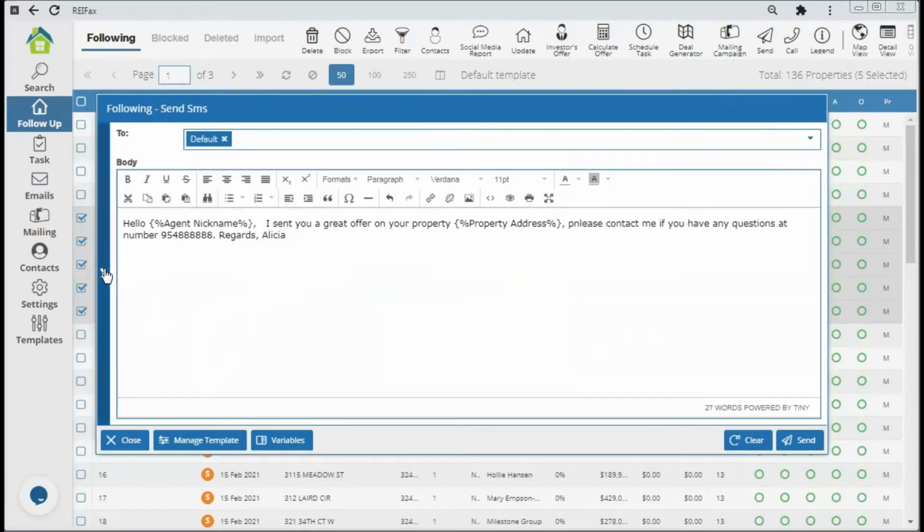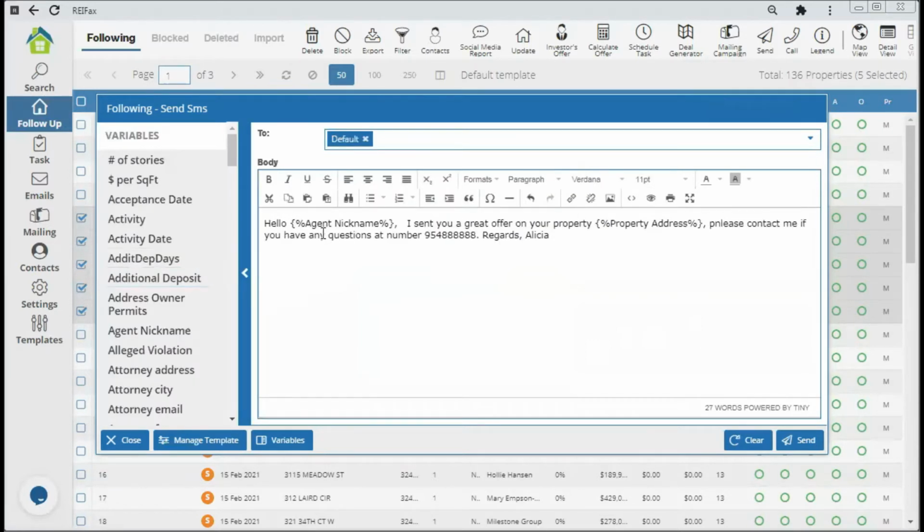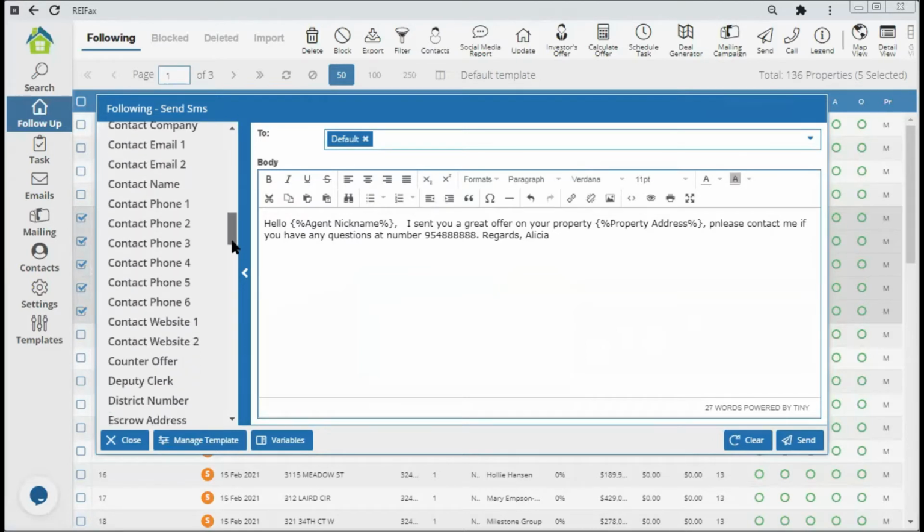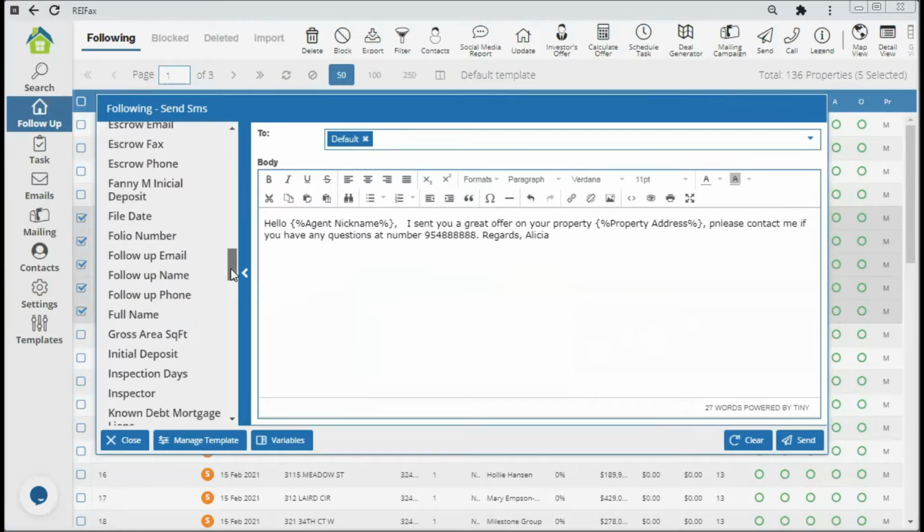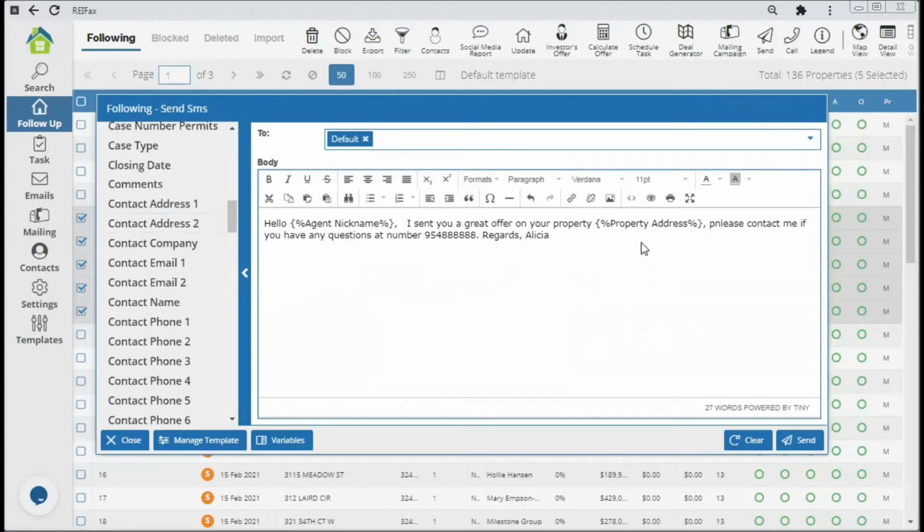You can use variables to have your text message personalized for each one of them with the particular contact name, using the contact, agent or owner variables, the property address,